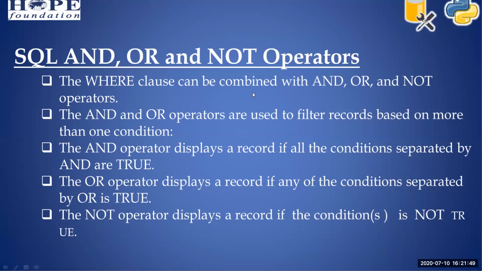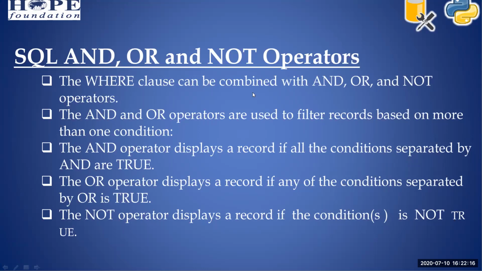The AND and OR operators are used to filter records based on more than one condition. Okay, so the AND operator displays a record if all the conditions separated by AND are true. So the AND condition only displays when all conditions are true. It only prints that value.